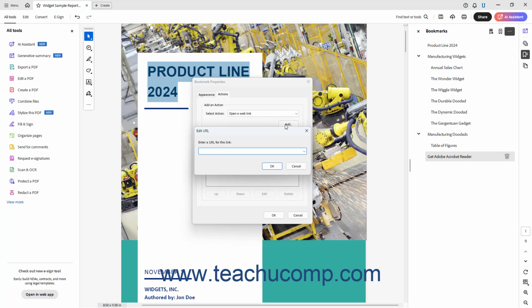Depending on the action selected, an additional dialog box opens and prompts you to specify the action's additional settings. For example, for the Open a Web Link action, an Edit URL dialog box appears for you to enter the URL. Enter any required information for your selected action in this dialog box, and then click the OK button to return